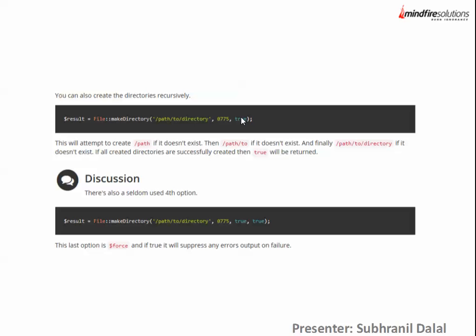Then there are a few parameters here. You see there is another parameter called true. So if all the directories are successfully created, then true will be returned. Here that third parameter is